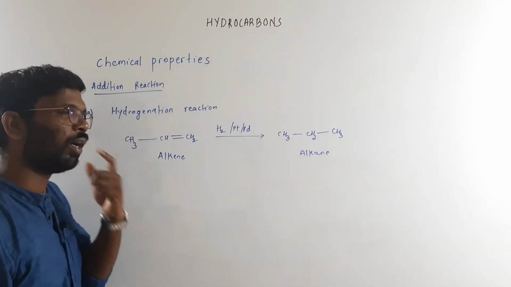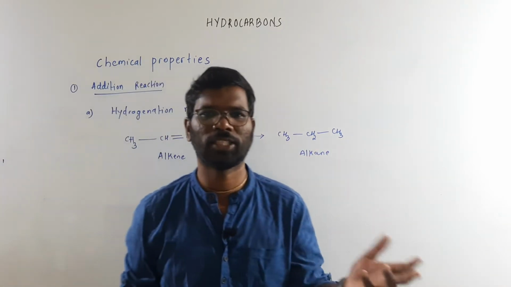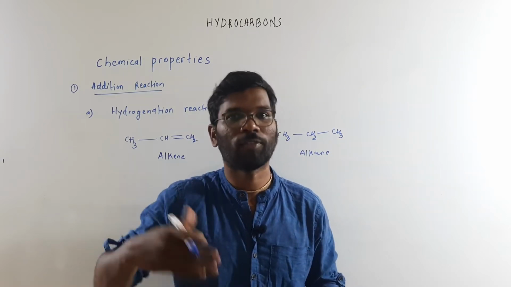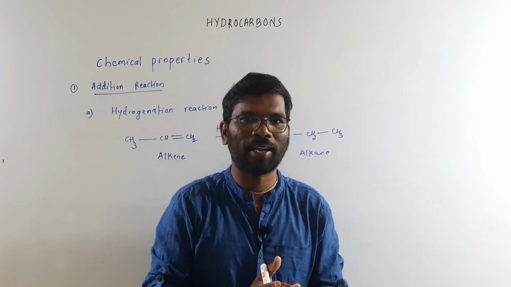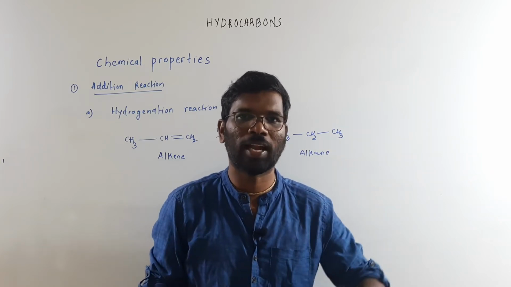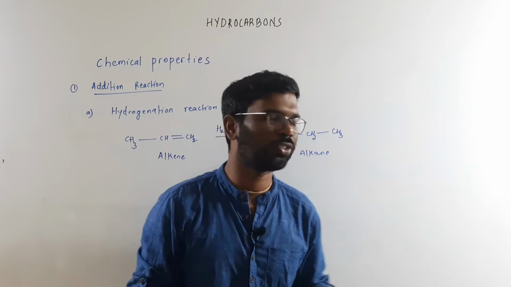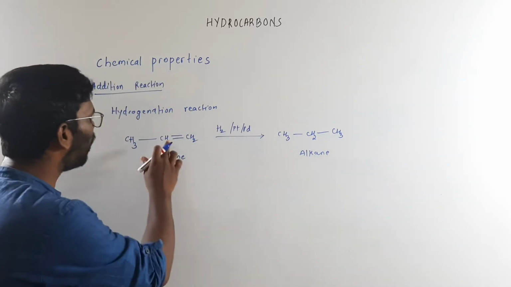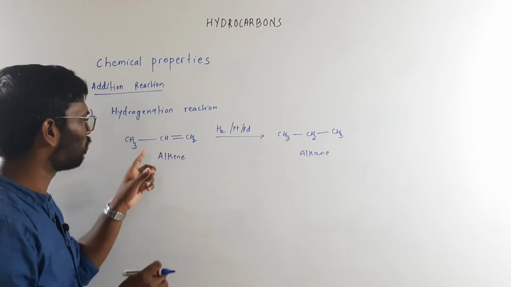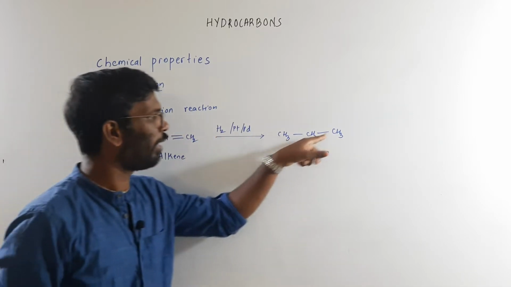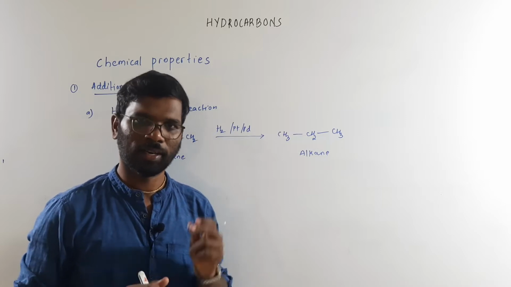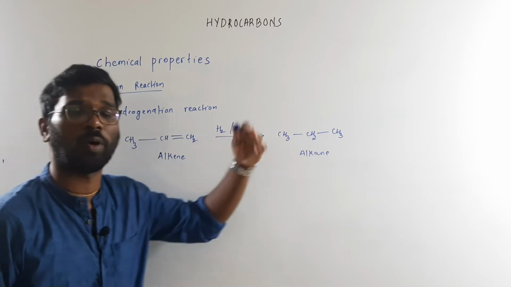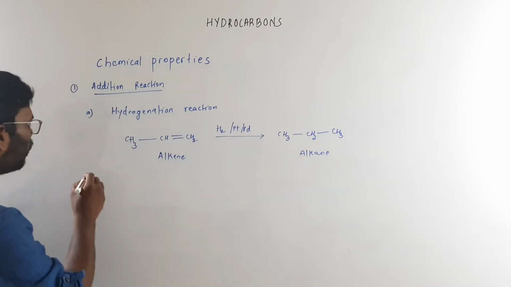Now, if you think of the alkyne, I think this is the reaction which we did for the preparation of the alkene from the alkyne. If you do the hydrogenation on an alkyne, you get an alkene, and further hydrogenation of the alkene gives you an alkane. This is an addition reaction. The double bond is replaced, and there is an addition of one hydrogen on each carbon across a double bond. Under the hydrogenation reaction, this is the thing. This will also be called the reduction reaction.